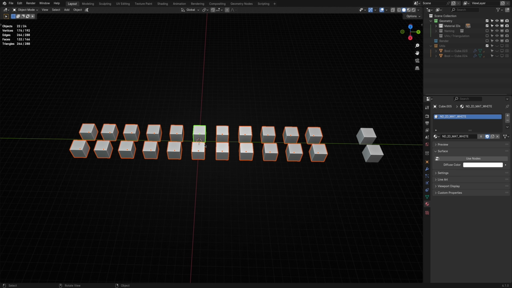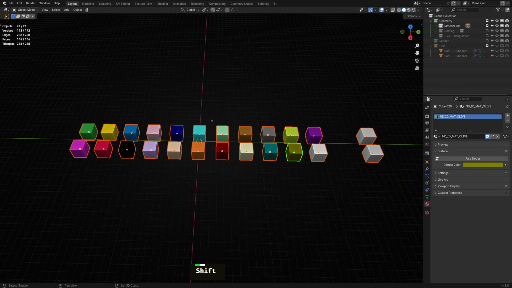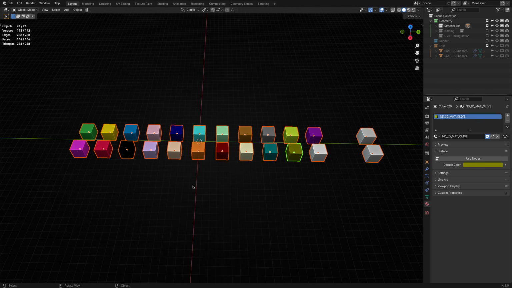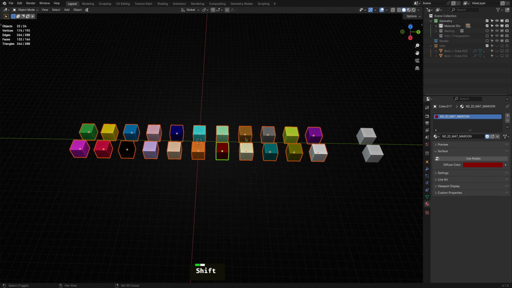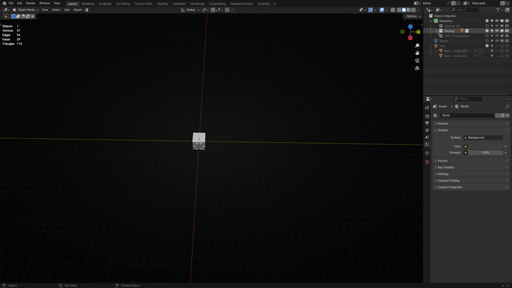Select the objects you wish to affect and choose Bulk Assign Materials. This operation will randomly pick a material ID for each object and ensure that each one uses a unique color from the list. If you select more than 22 objects, bulk assigned materials will be disabled, as only 22 unique IDs are included with ND. But nothing stops you from duplicating an existing material ID or creating new ones with your colors. If you wish to reset or remove material IDs quickly, select the objects you want to affect and choose Clear All Materials.